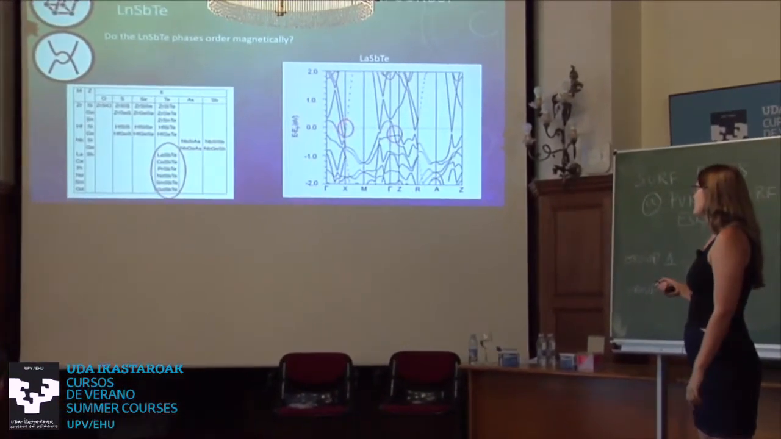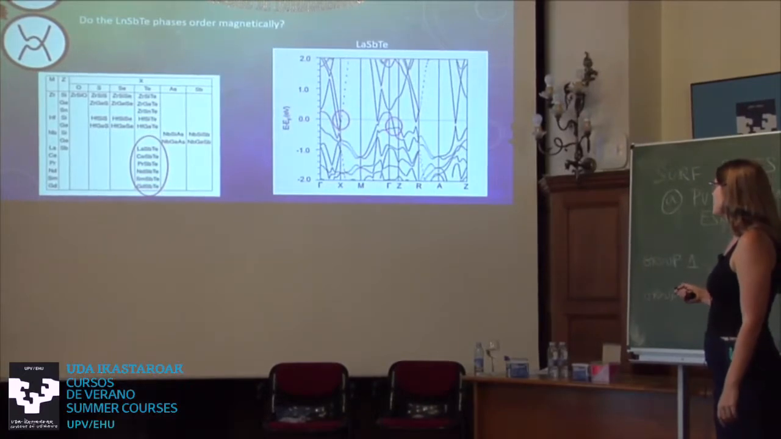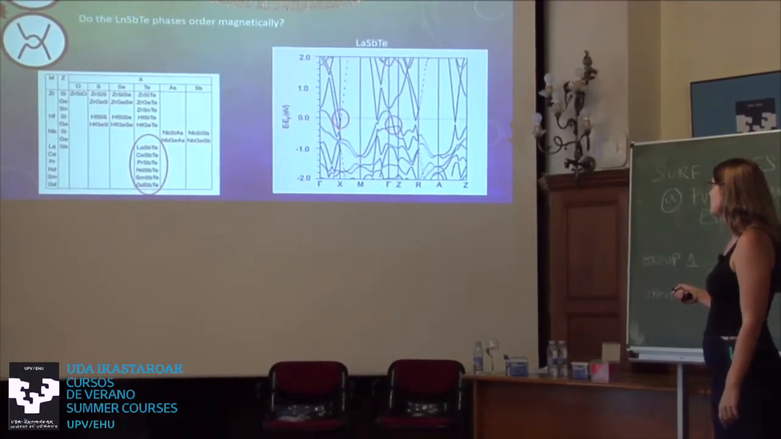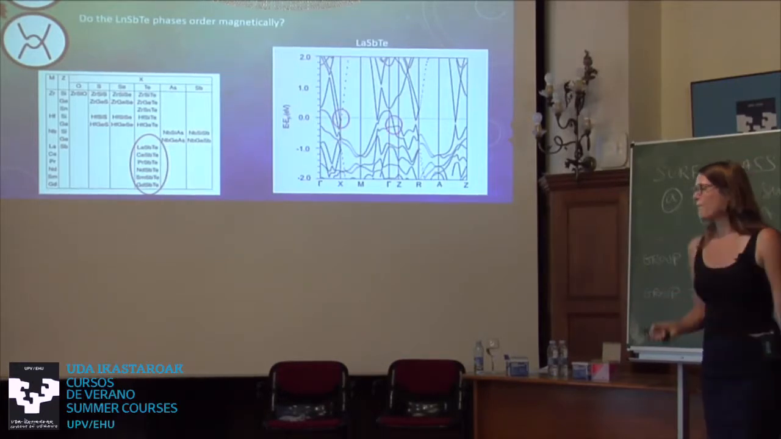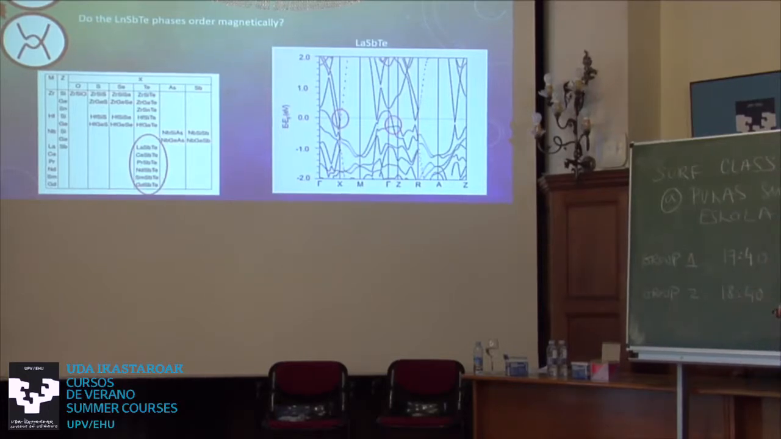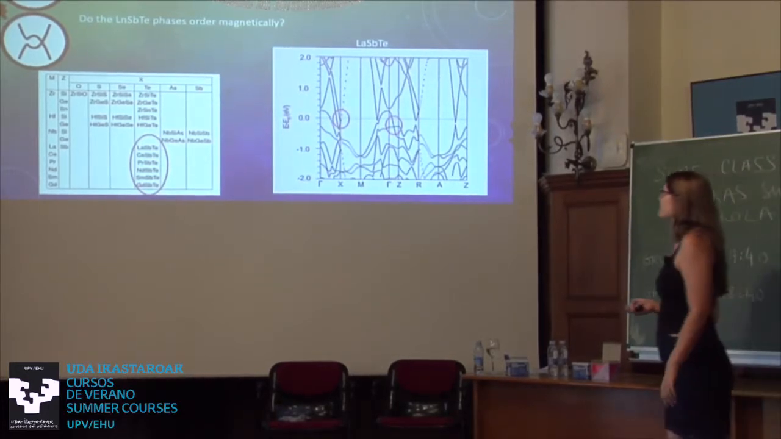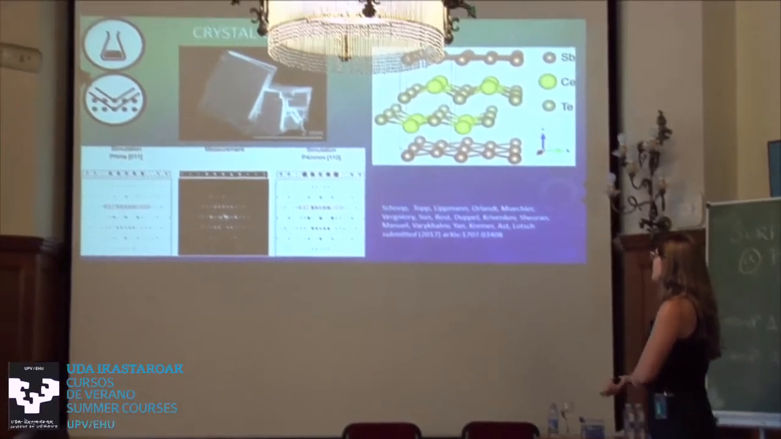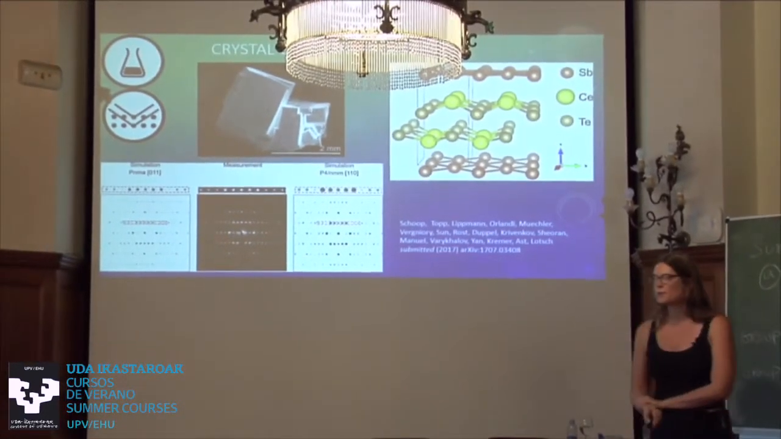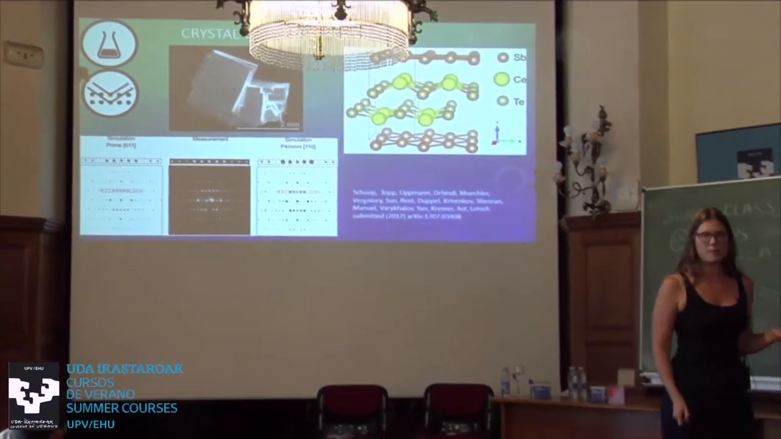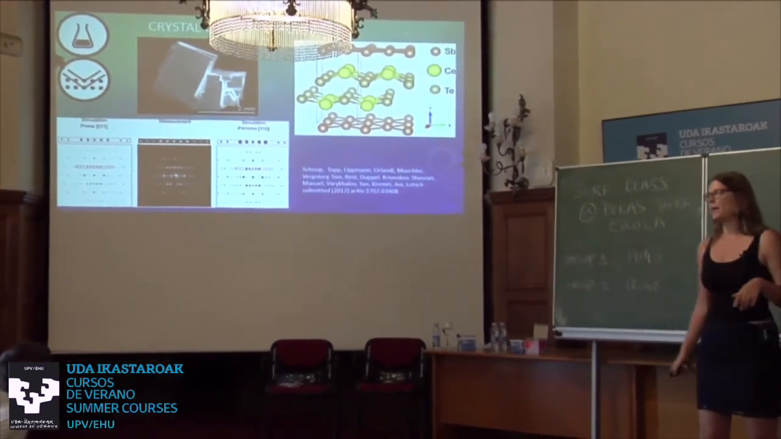But you can see in this simple non-magnetic calculation that we have the non-symmorphic crossing close to the Fermi energy here at X, like before, and we have a Dirac crossing here along gamma Z. The question is, if we now add magnetism to this, what does it do? So I started with the first member of the series, which is cerium antimony telluride, and see